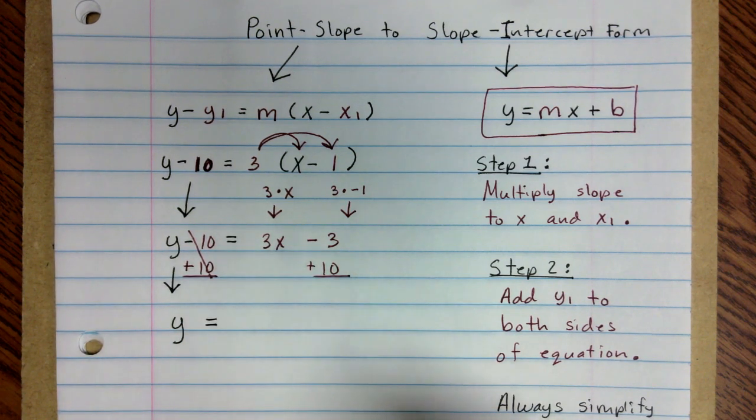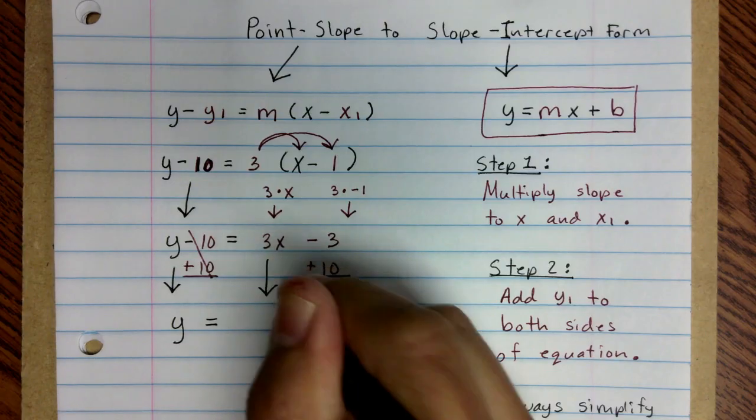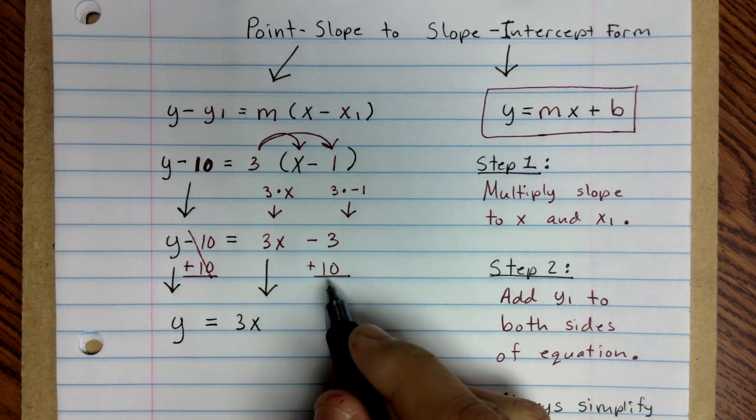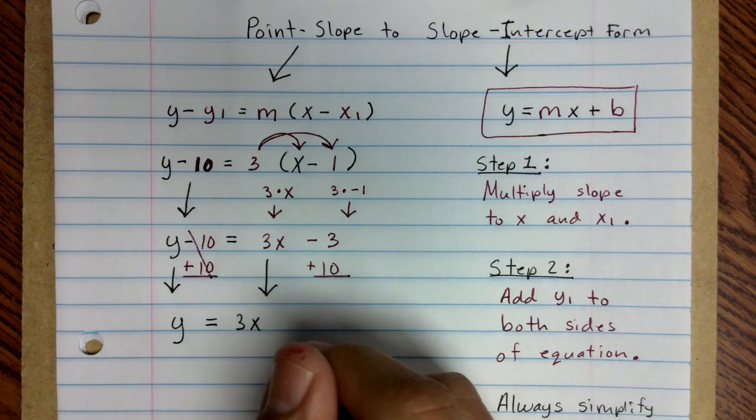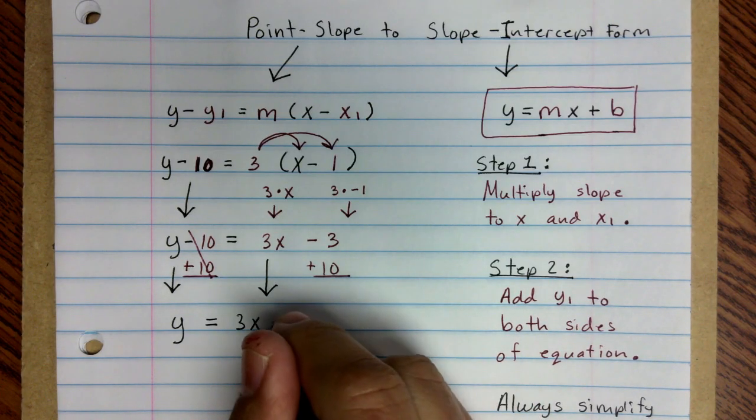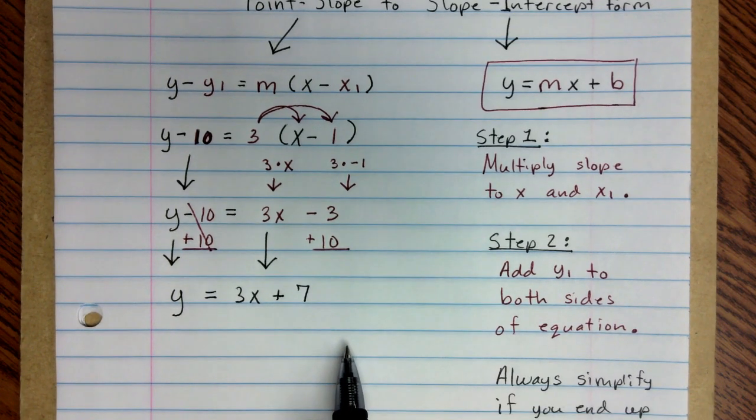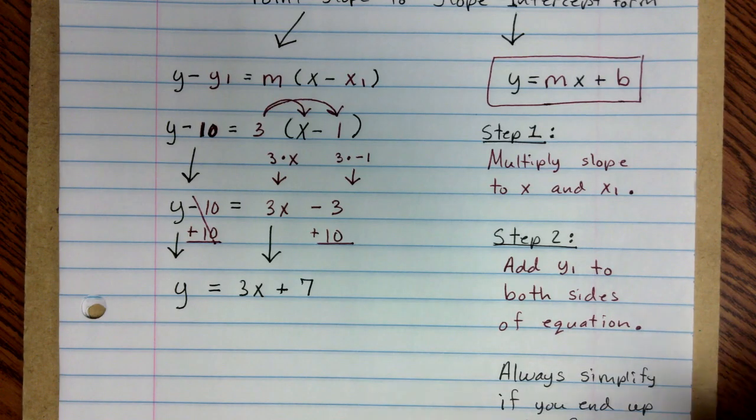So we have y is equal to, we can go ahead and bring down our slope, so our 3x. And then I have -3 plus 10, and that's going to give me 7. So I'm going to go ahead and put +7. Now in this case we don't have a fraction, so there's nothing that we need to worry about simplifying,